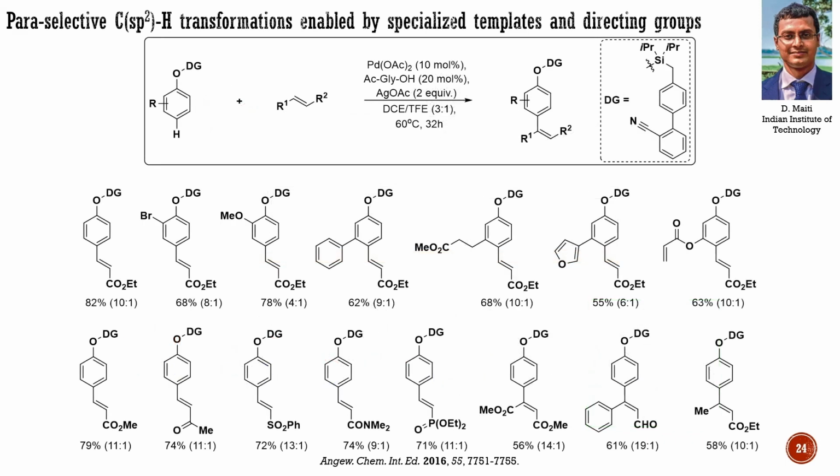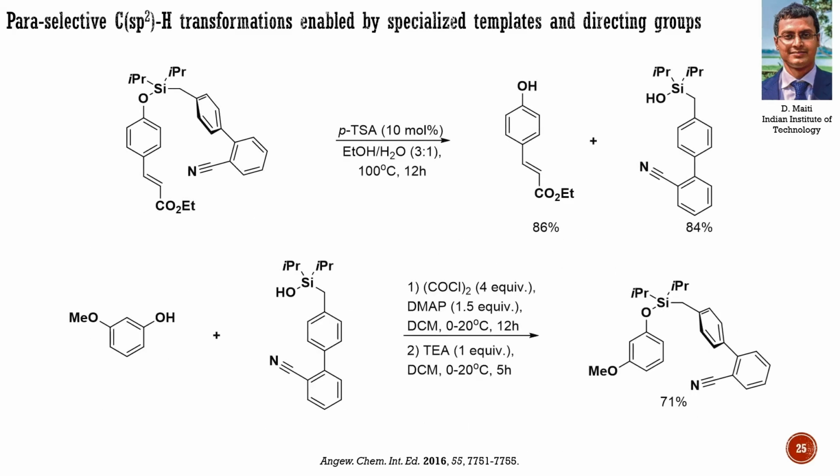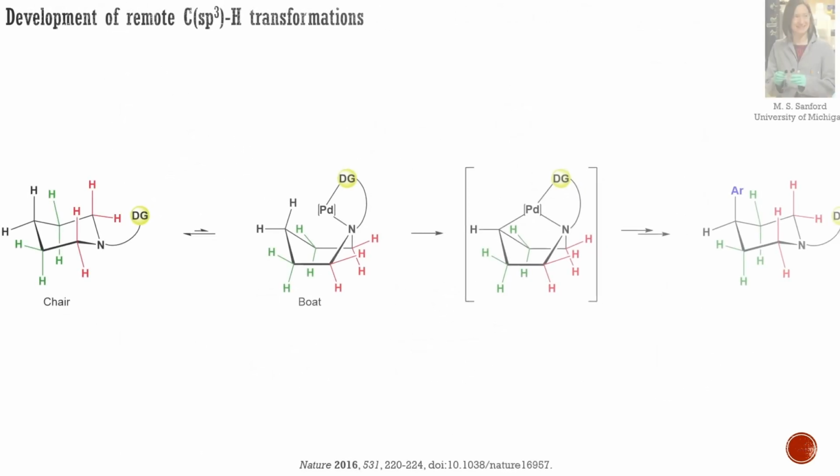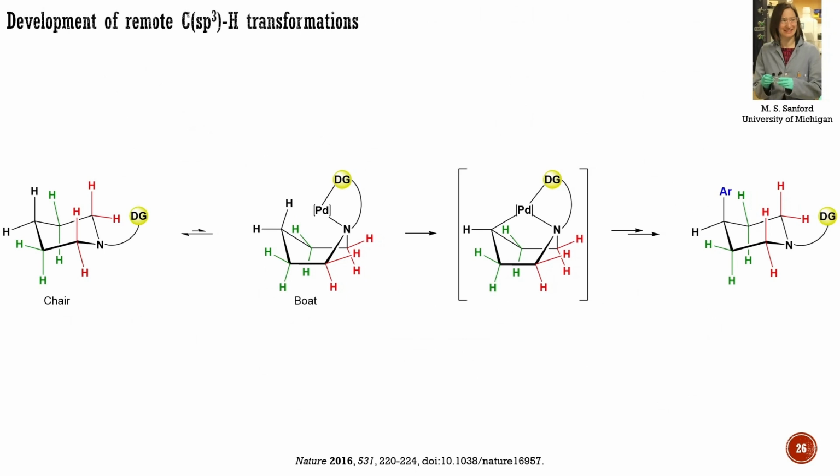The brackets present the ratio of products with para-selectivity over others. The reaction performs well with a variety of substituted arenes and Michael acceptors. They demonstrated that the template with the directing group can be removed through acid-catalyzed hydrolysis and later reused for another substrate, as described here. So far, I have shown you only examples in aromatic systems, as the functionalization of remote